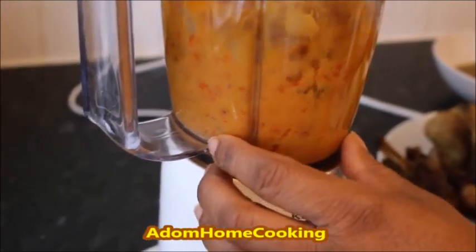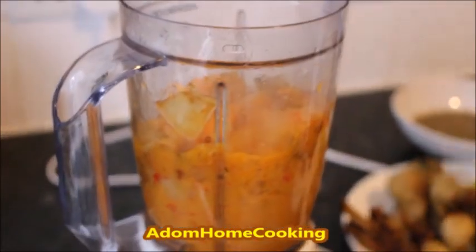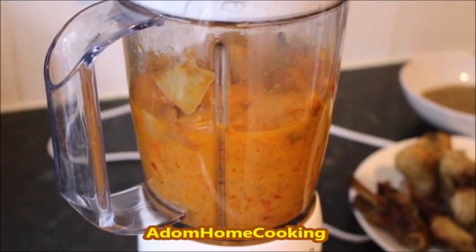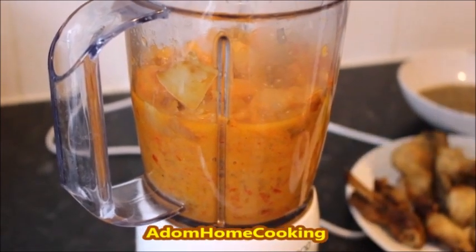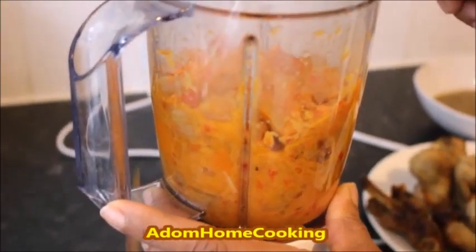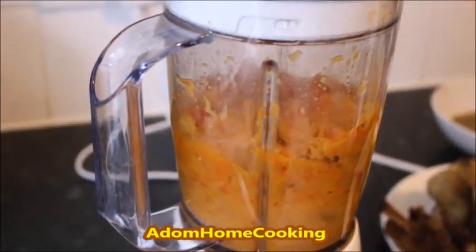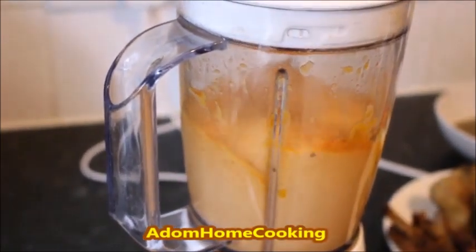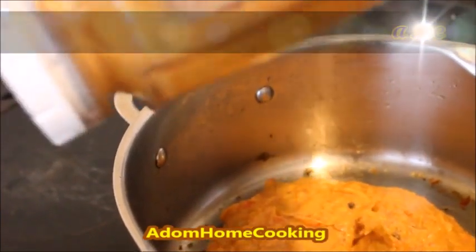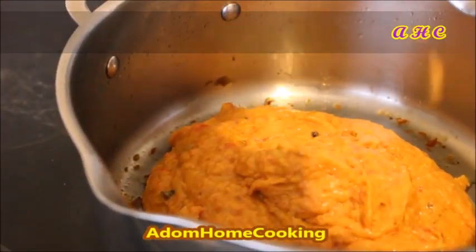Just stir it a bit to get it, I don't want to add water, so I'll just stir it. It's smooth now, so I'll now transfer this back into my pot on the fire. It already contains enough oil to cook the stew. I'll add all this to my pot,